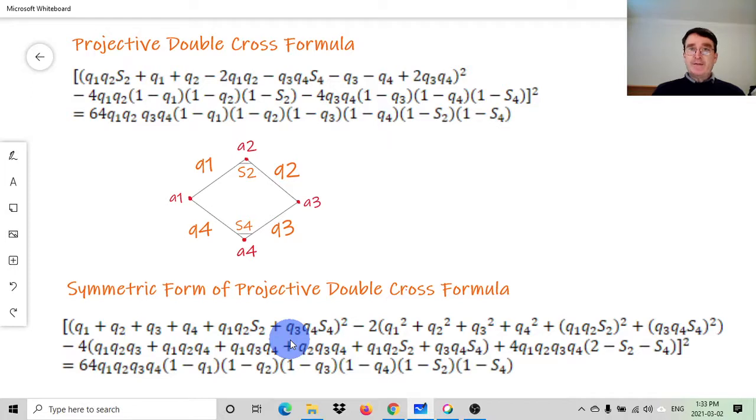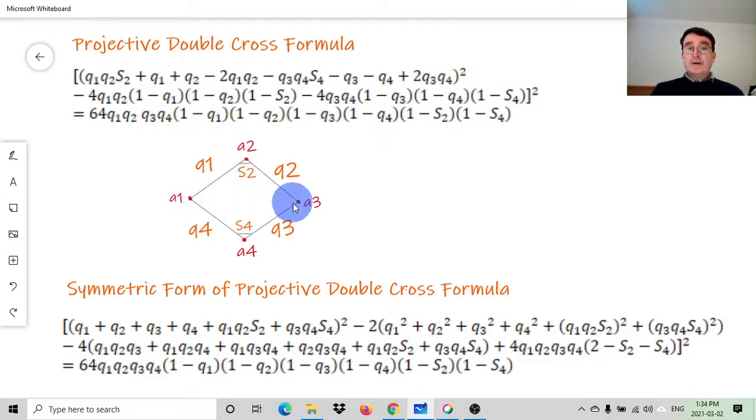research level maths. And the material I'm going to present here is my first findings in the field of projective geometry. So the formula I've come across or discovered is what I'm calling the projective double cross formula. And here it is right here. This is the projective double cross formula, and the way we arrive at it is by combining